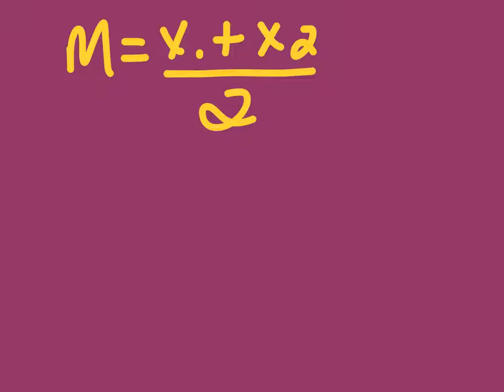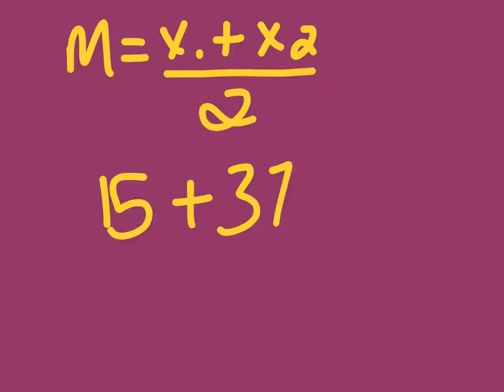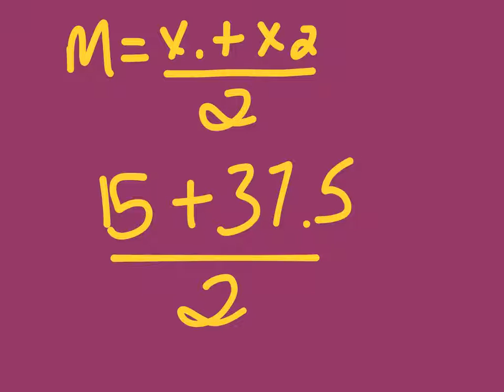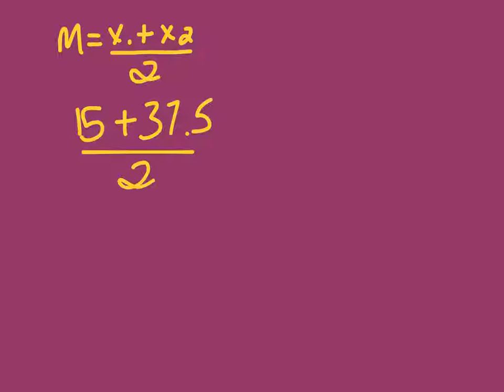So what it's looking for, it's asking, is for the midpoint. And here you'll see that I put half of the midpoint formula up there. What we want is we want to use the 15 inches that it needs to be from the left side of the wall. And then we're going to add 37.5, and then the rest of the formula is to divide by 2. When you add 15 plus